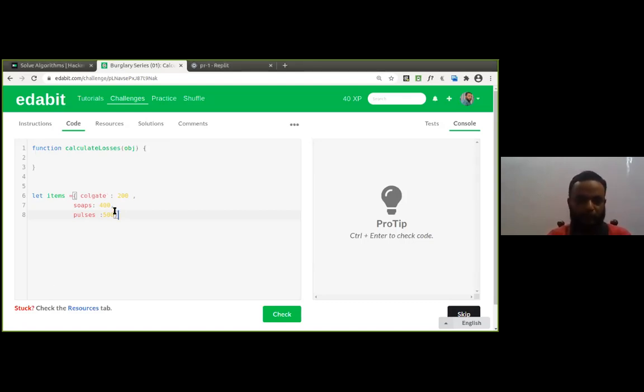Reduce will reduce that to a single value. Now everyone just see here. Suppose we have this example, the items we have taken up. In the previous example, Object.keys of the given object, items, will give you Colgate, soaps, and pulses in the form of an array.